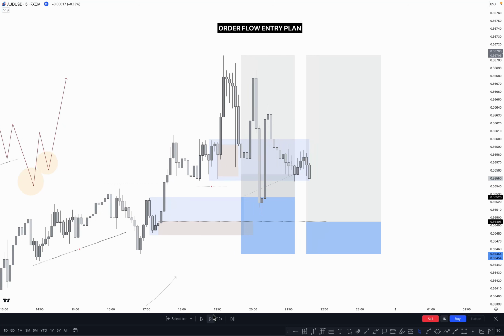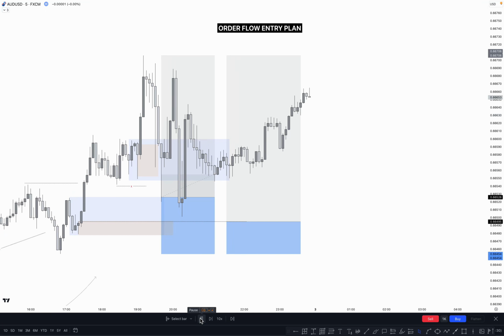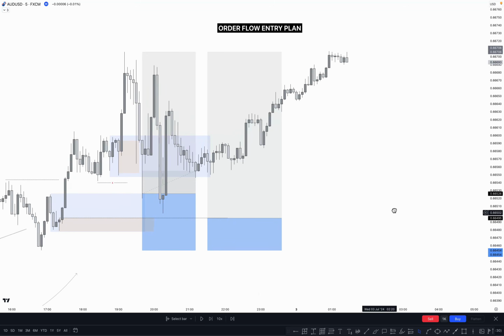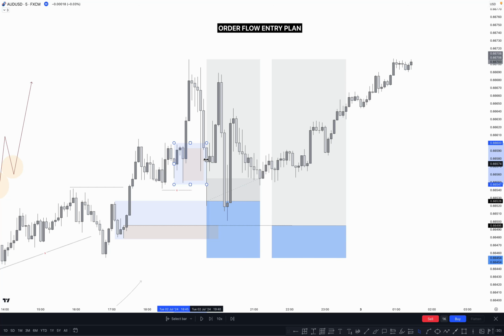Market takes one more chance here. And let's see if market mitigates this one, so we can plan for the buy. Okay, so market did not come back to this order block here, and finally market hit our target point. So why did this move happen here, and what is the reason to mitigate our unmitigated order flow